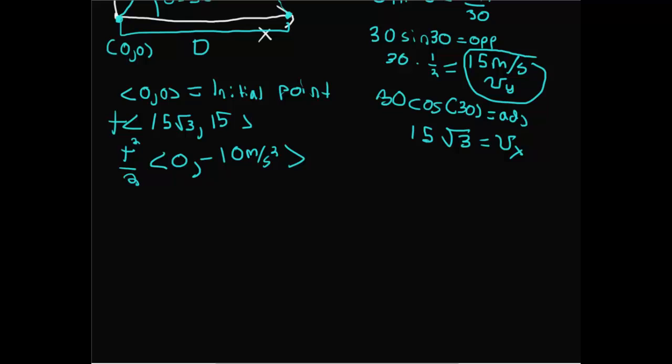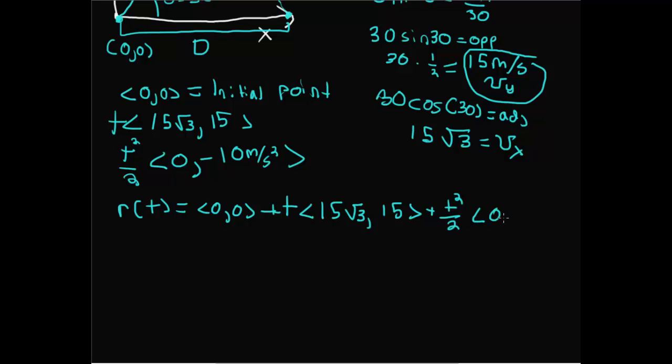So now we can describe this line in full by stating r of t is equal to its initial point plus the velocity, 15 root 3, 15, plus its acceleration. And that's your position function. We know r prime of t